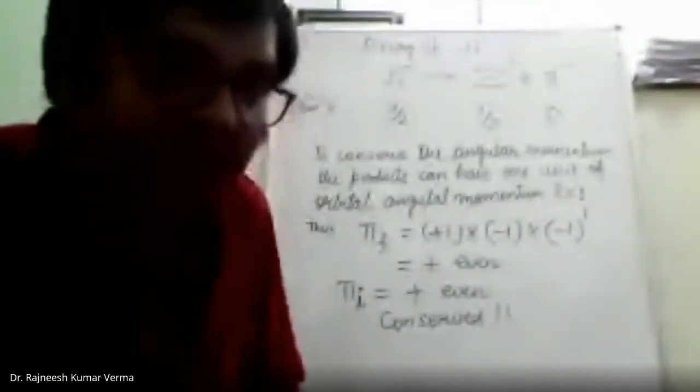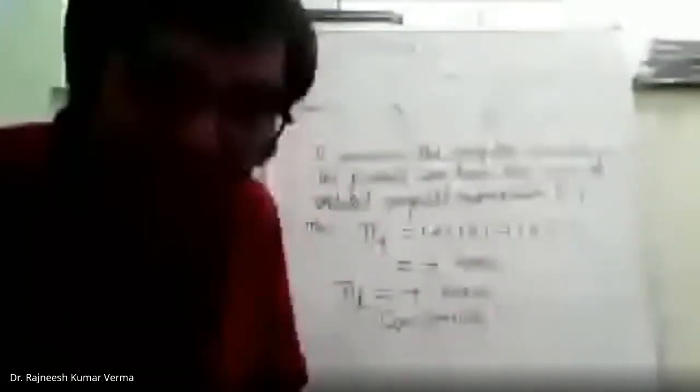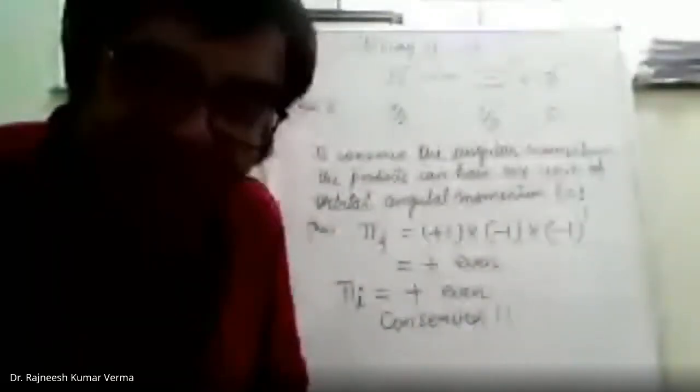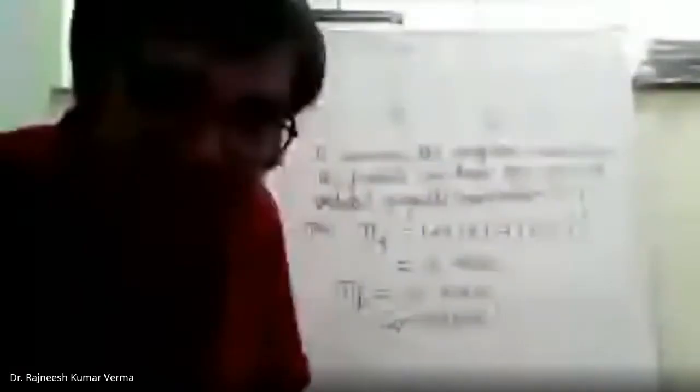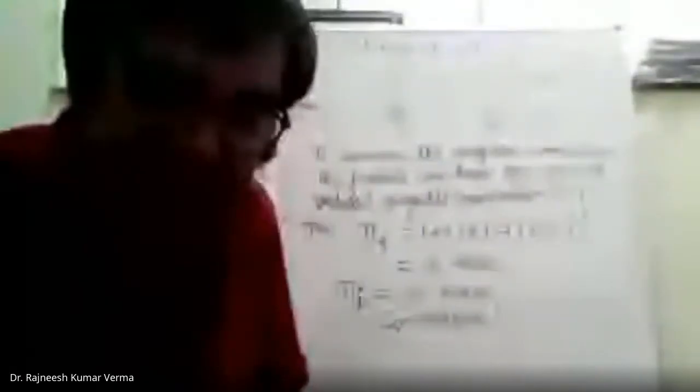Here you can see parity is conserved. So on the basis of conservation of parity, we cannot decide that this will be some strong interaction. All the other conservation laws confirm that this will be a weak interaction, though it is saying that parity is conserved in this particular case. So parity may or may not be conserved, and the process will be a weak interaction.